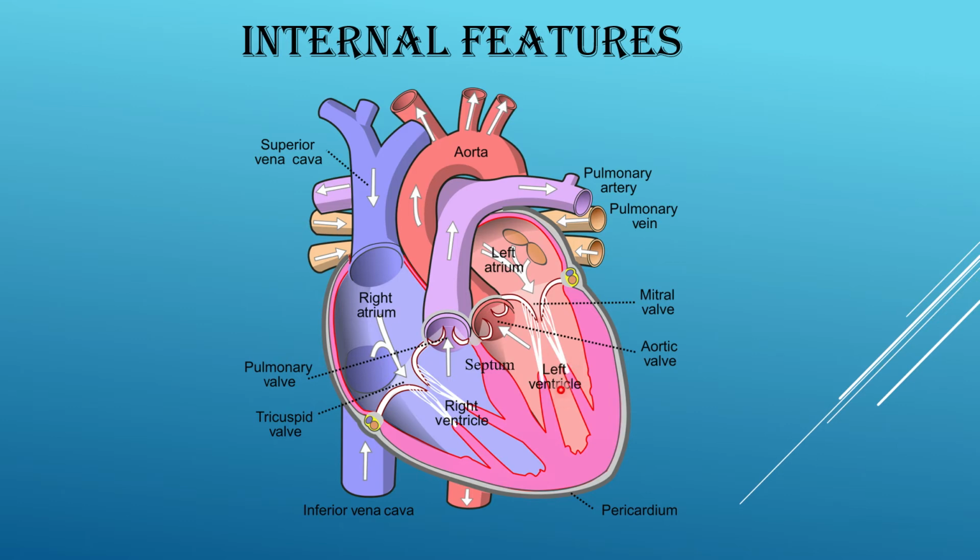Now, the left ventricular walls are thicker than the right ventricle. The reason is that from the left ventricle, the oxygenated blood is supplied to the entire body. That is, against gravity to the upper part of the body, that is the brain or head and the arms, and to the lower part of the body, even up to the tip of your toe, the farthest distance. That is why the walls of the ventricles are thicker.